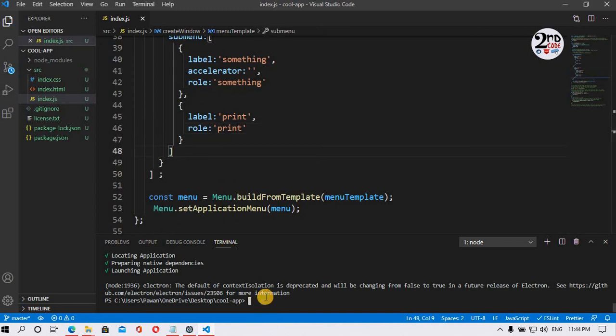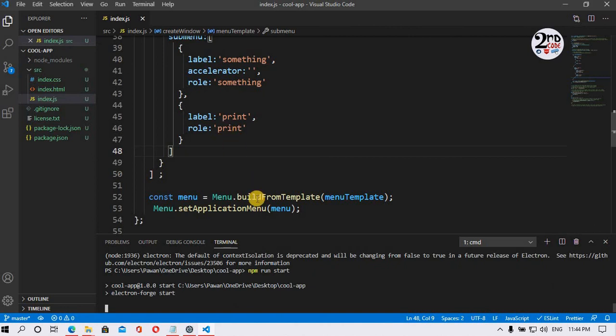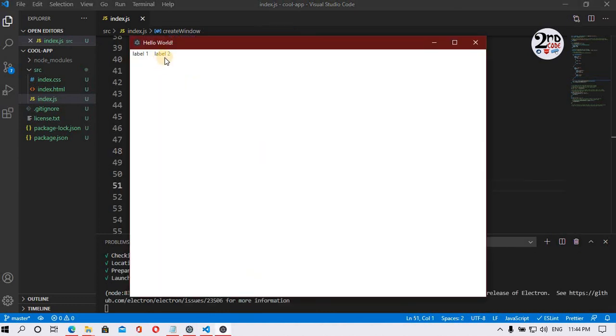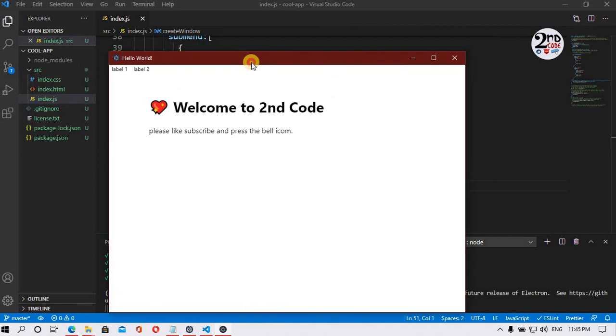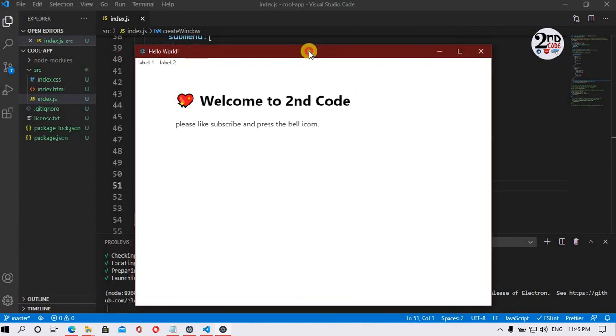Control S. Now you can see, as I have not mentioned the accelerator here, it might generate an error or it will not show properly. You can see the labels, something and print. This is our custom menu. In this way you can make your own custom menu, and in my next video I will show you how to create a menu using IPC or the renderer.